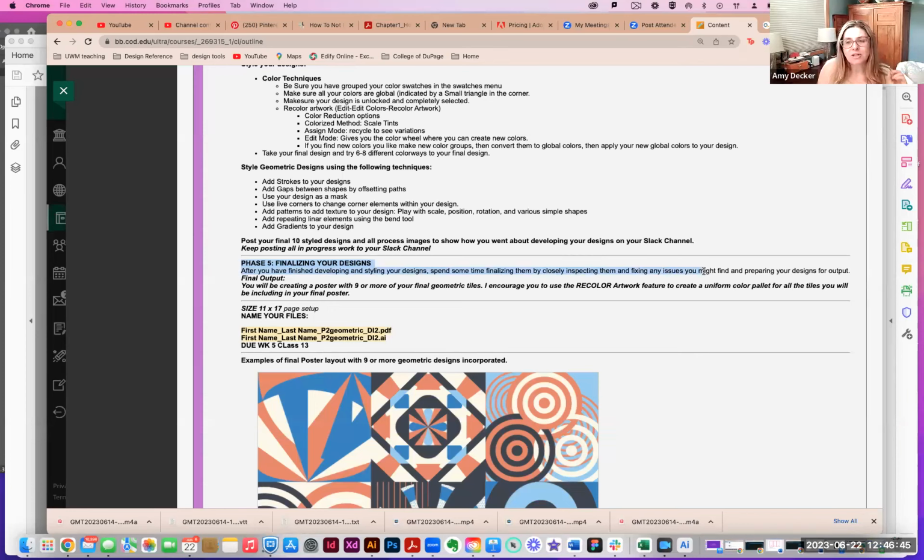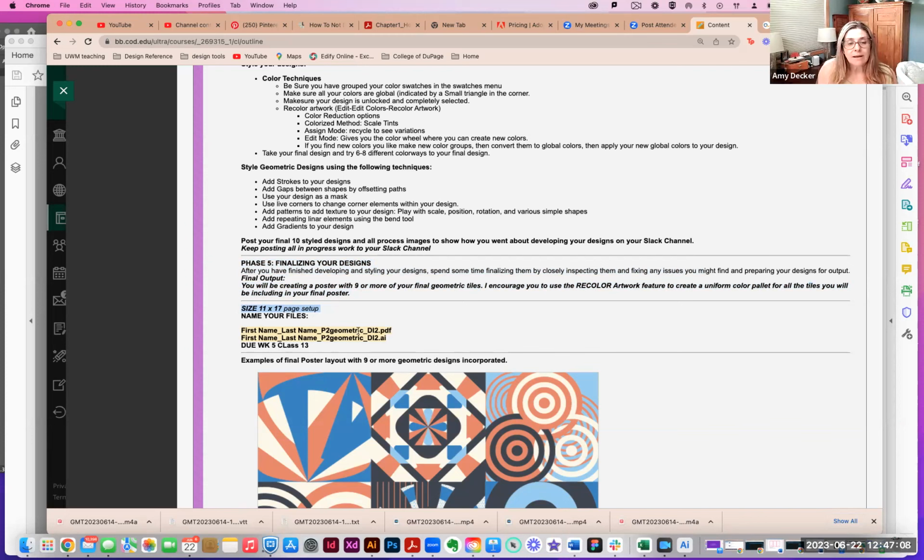Proof your work, in other words. Make sure you're proofing your work. You're going to be creating a poster with 9 or more of your final geometric tiles. I encourage you to use the Recolor Artwork feature to create a uniform color palette for all the tiles you'll be including in your final poster. Your final poster is 11 by 17,